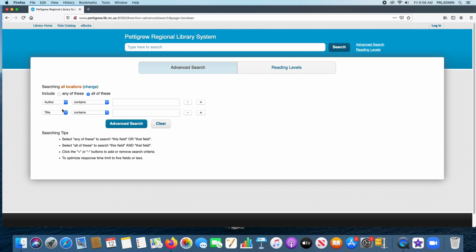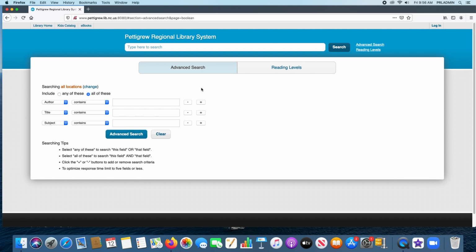Now, a field is a different piece of information or a word that you are searching in your search. So here we have 2 fields. And now I've added the third field. And right now, we have set all of these fields. So if I type in 3 separate things in here, and it's all the same sort of field here,